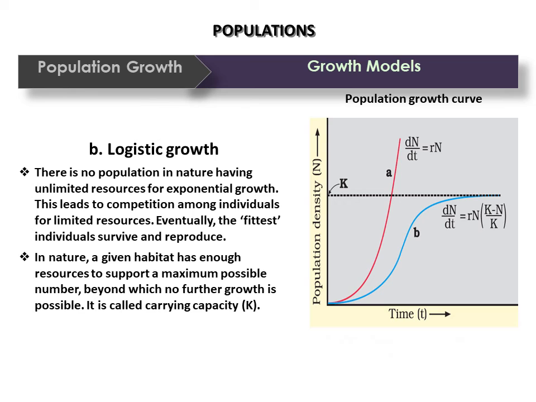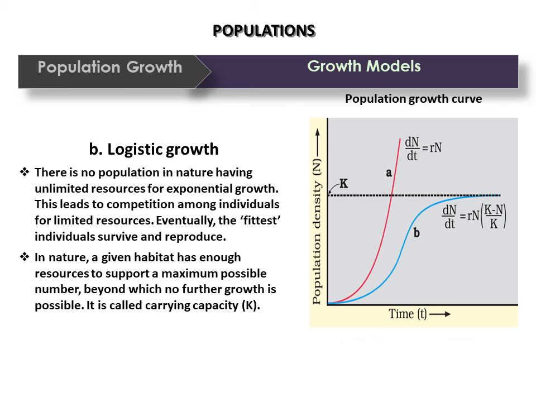graph. So first, when I talked about exponential, I said that it is a J pattern. But when I'm talking about logistic growth, we are saying that it is an S pattern. So you see the lag, then you see acceleration, and then you see the deceleration. Now here you can see a very important value, that is K. Now K is the carrying capacity. This is very important from your board perspective again.